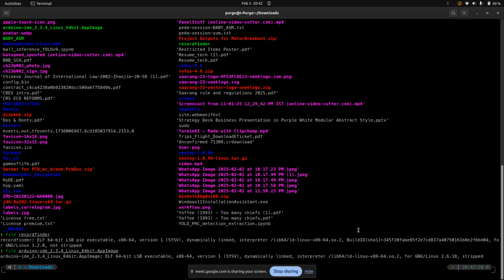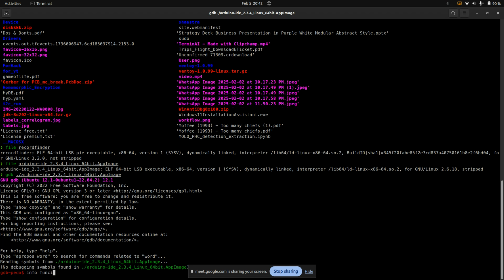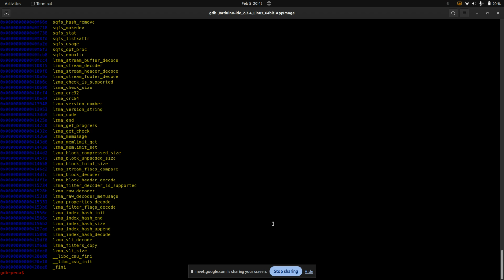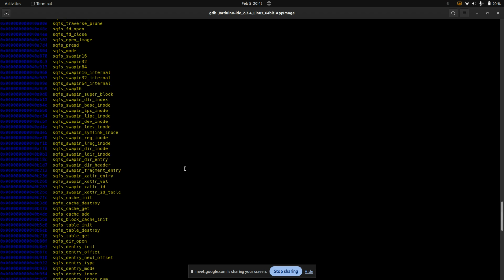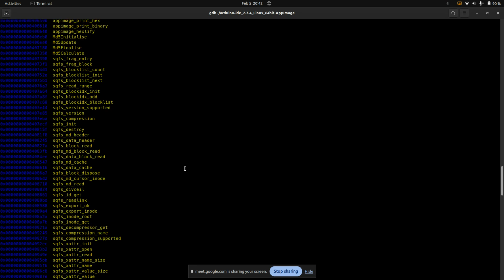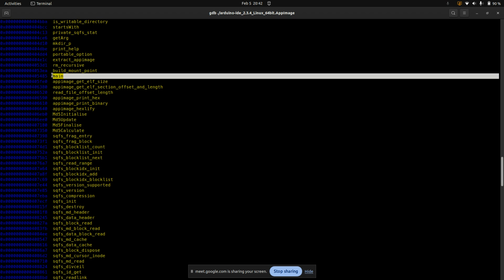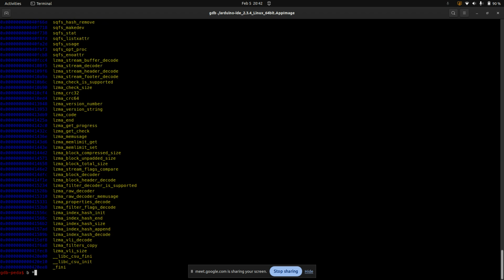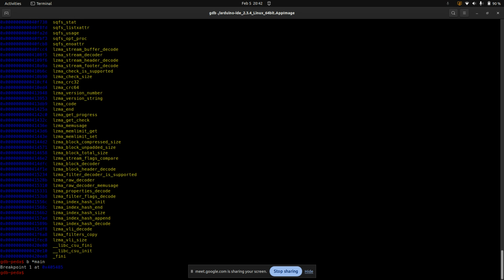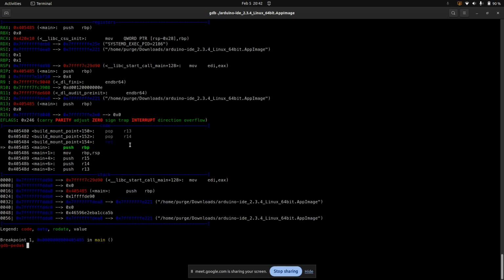So if I do info functions here, you know what I mean. Yeah, see, when I do info functions here, there's a bunch of stuff present here, right? And in this case you can see the main function. But what happens when I try to put a breakpoint at main and run the program is essentially it'll start. And now when I disassemble it,